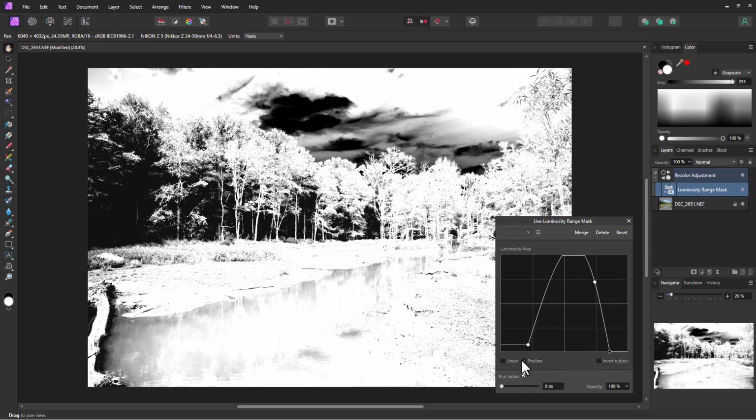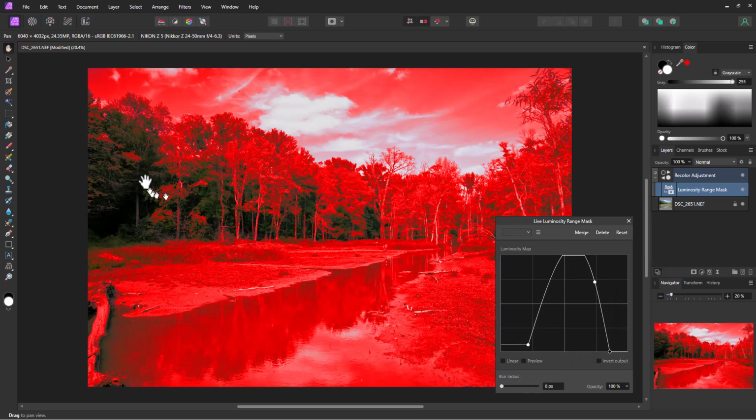Bring that in like that, and if we turn that off, you can see these areas are the ones where the red is not showing up. Now, the reason I use this effect is because it's very obvious. You can use this with more subtle effects as well. So what we'll do now is we'll reset this,